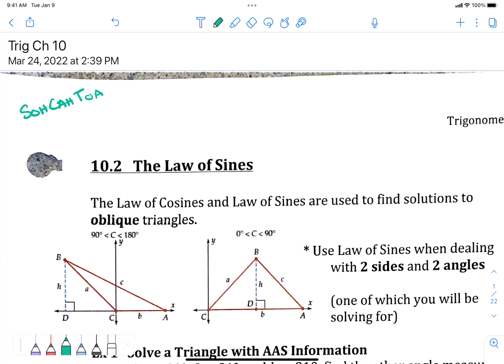Hey guys, this is 10-2. We are starting 10-2 and we're doing 10-2 notes before we do 10-1 notes. This is like backwards. Plus, we just got done with chapter 7, so we're skipping a couple chapters and going